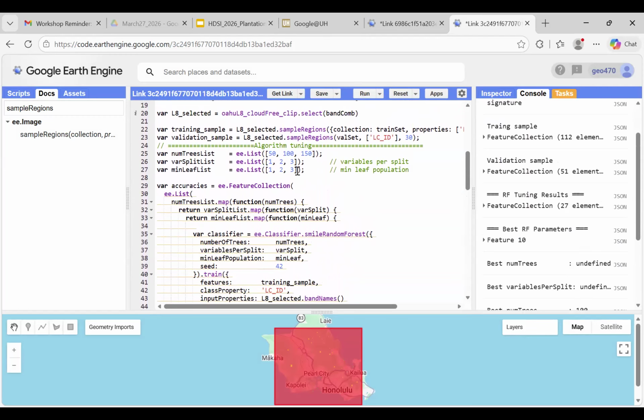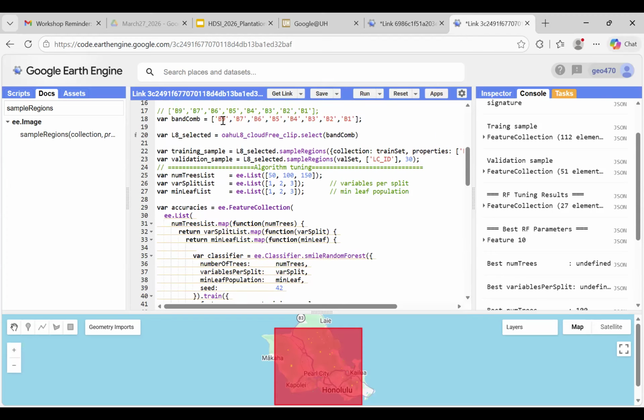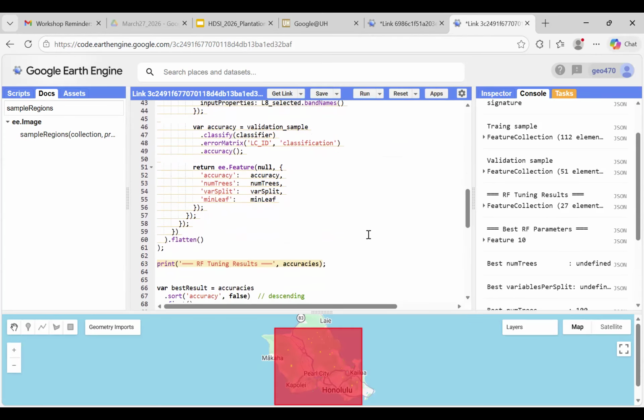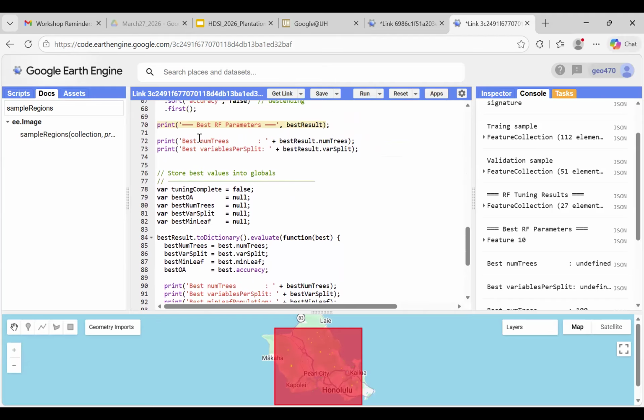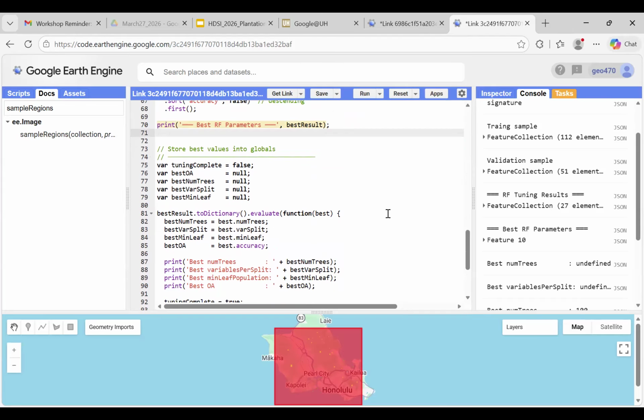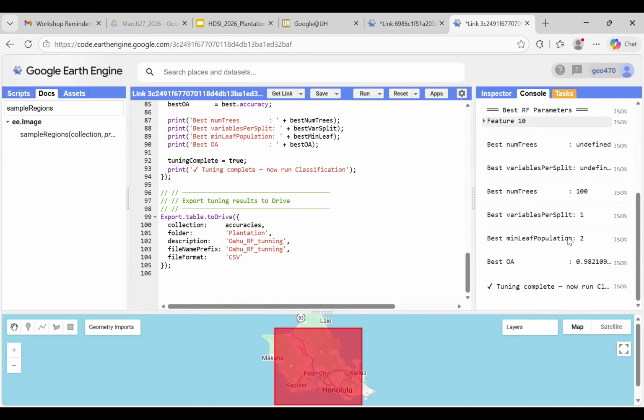And you can also change the number of variables per split. Variable split could be increased up to the number of variables, like 1, 2, 3, 4, 5, 6, 7, 8. So it could go up to 8, but here I am just keeping 3. So now we have all of the information, the data set, and information about which is the best parameter for our classification. Now we can go to